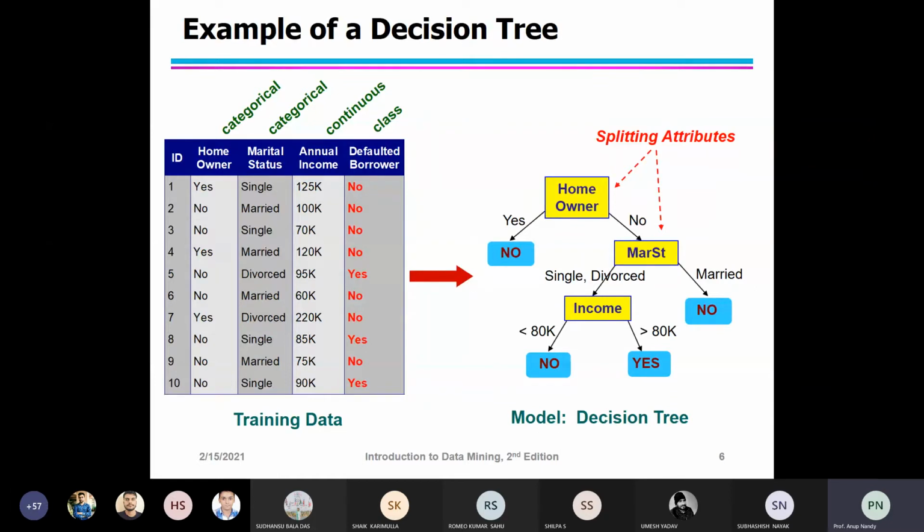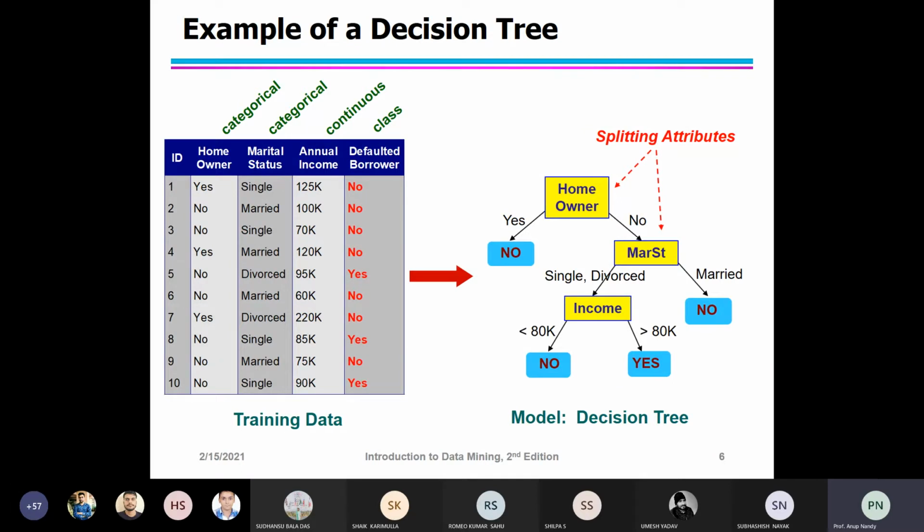So if the loan is repaid, if you have the defaulted borrower, then the question is whether the loan has to be paid or not. So that is the thing. In this way you can also think of it, you can draw it. Now the main question is how to build a decision tree.